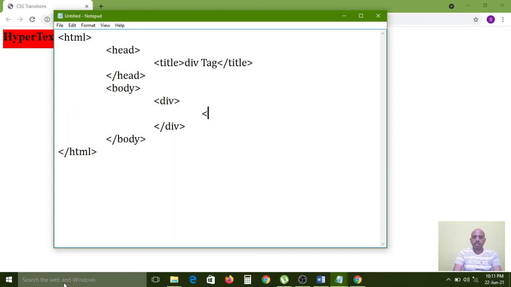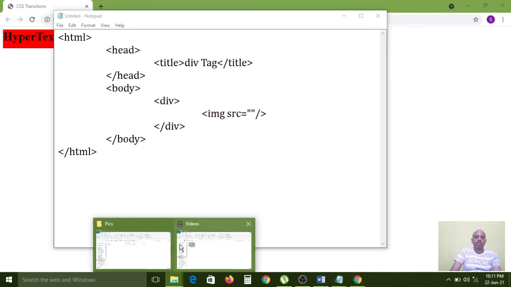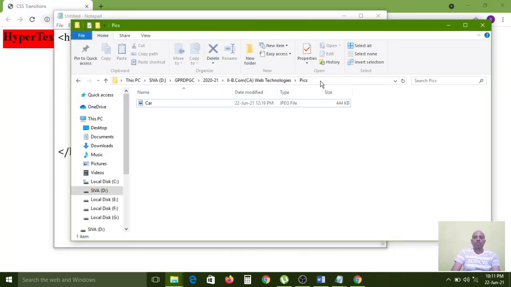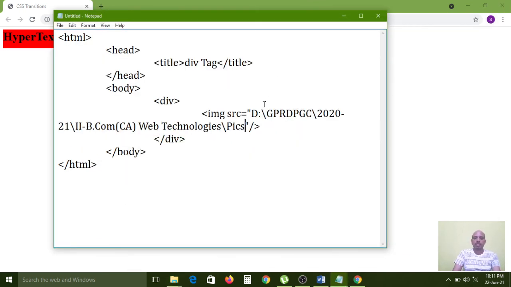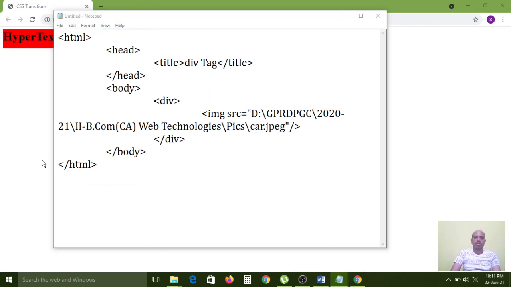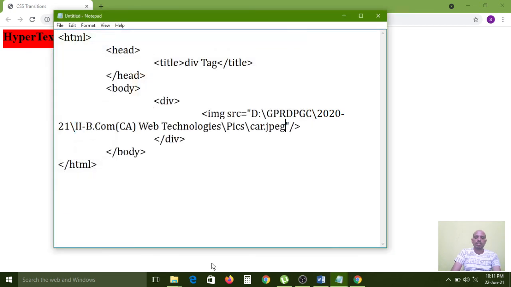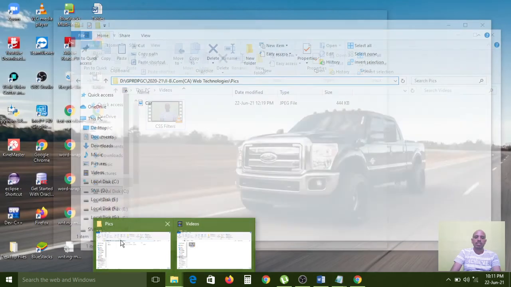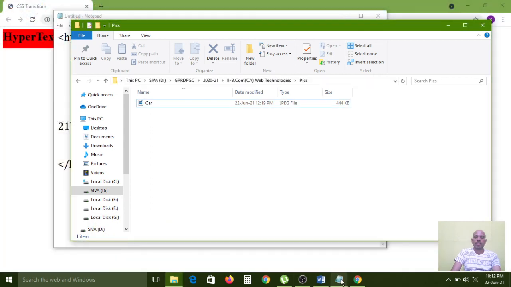Now here image src, source is the attribute. Now I am copying the path of the image, slash car.jpeg. The name is in capital letters, sorry.